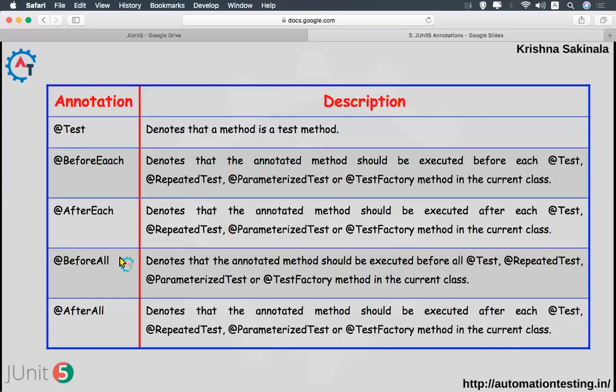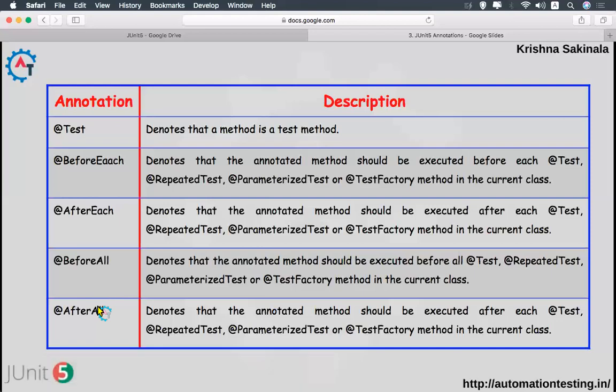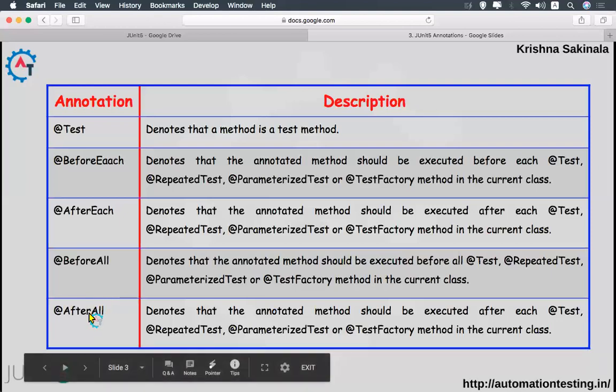Okay. So @AfterAll, this is the opposite of @BeforeAll. So if you have 4 methods annotated with the @Test annotation, then after executing these 4 methods, @AfterAll will get executed. Okay. So if you go to the next slide,